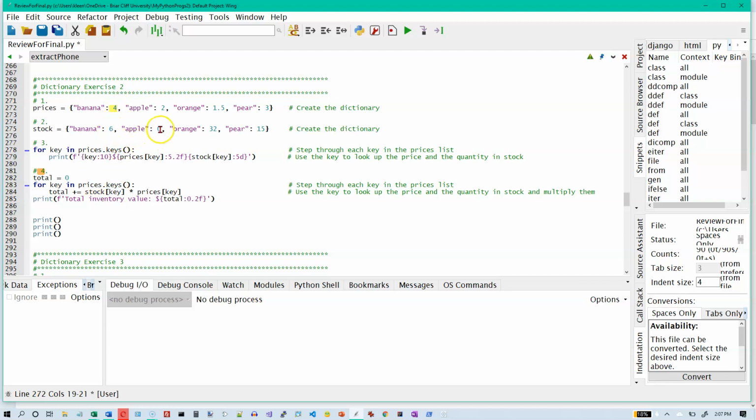The next time I'm going to have stock sub key be apple, so stock sub apple is going to be 0 times 2 is 0. And then the next time through, key is going to be orange, and I'm going to take 32 times 1.5, and the last time I'm going to take 15 times 3. So if I add all those numbers up, I get 24 plus 0 is 24, plus 48 is 72, plus 45 is 117, I think. So if we run this,